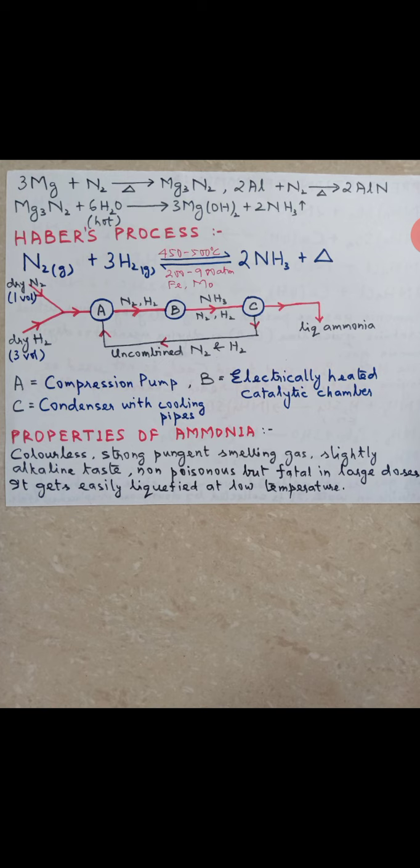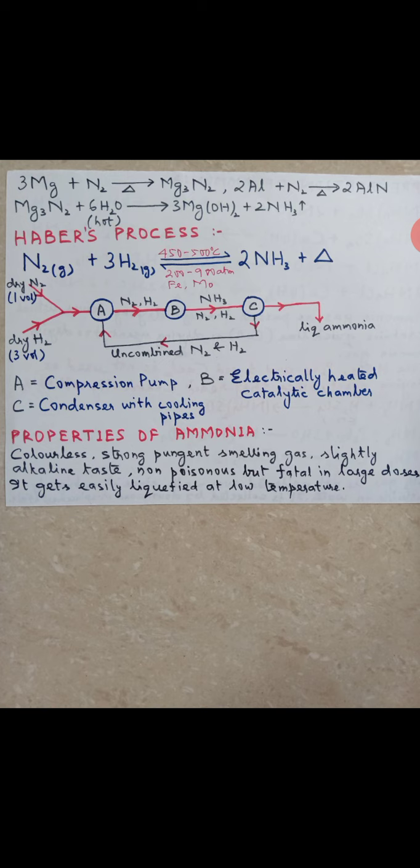Alright, and the reaction is exothermic. For that reason heating is required in the catalytic chamber only once. After that heating is not required, because that heat only carries the reaction forward. The catalyst is iron, with molybdenum as a promoter. If that catalyst is not available, then Fe2O3 acts as an alternate catalyst. K2O and Al2O3, at 1% and 3% respectively, act as promoters.